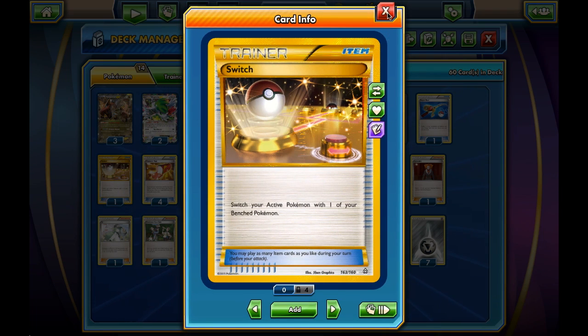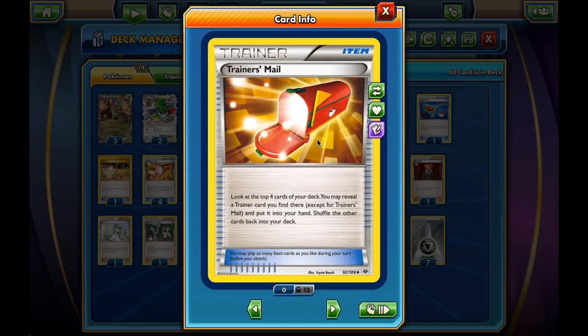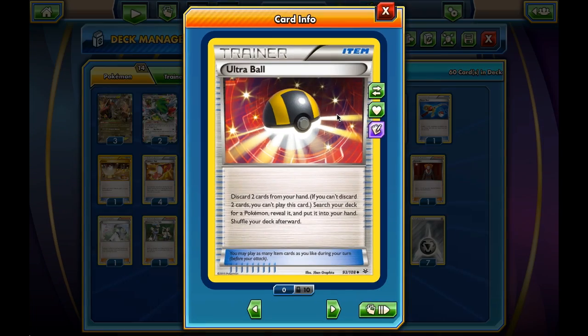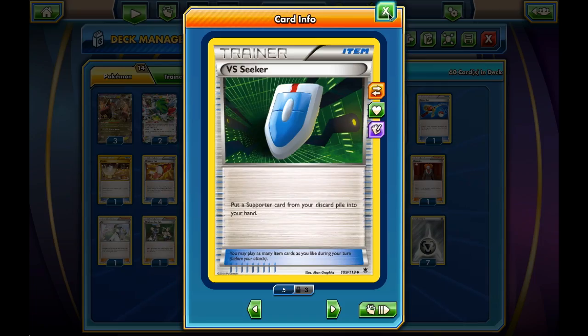So yeah, I think a one-of Switch is enough, but I still feel really well playing it. There's 4 Trainers' Mail to help us draw into our trainers, 4 Ultra Balls to help us grab our Pokemon and draw cards and grab the Keldeo and the Bronzong and all that, 4 VS Seeker to bring the supporters